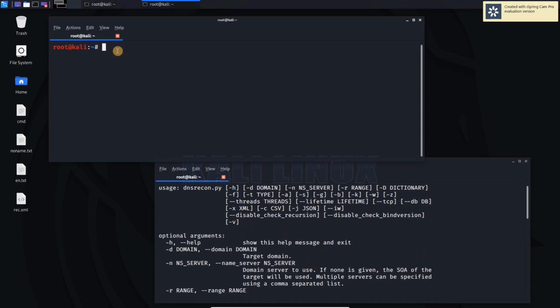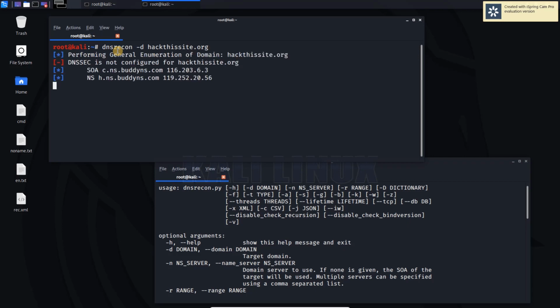If we simply type dnsrecon -d and the name of the domain, and I will be using hackthissite.org, then it will perform general DNS reconnaissance, and we can see that it's running.